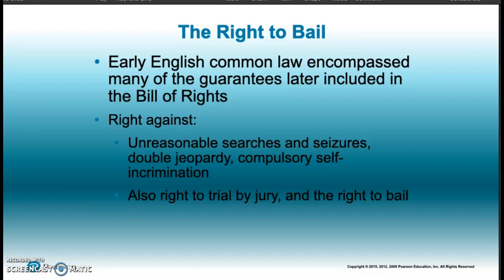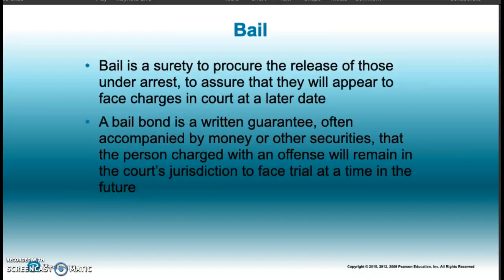Unreasonable searches and seizures, double jeopardy, or compulsory self-incrimination are all addressed in our Constitution, whether it be the Fourth Amendment, the Fifth Amendment, or the Sixth Amendment, and they have a right to trial by jury and a right to bail. Bail is basically a surety, making sure that you'll return if you're released. Now, you can be placed on what's called your own recognizance, which basically means that you are stating that you will return. And if you have no prior offenses, most likely if it's a misdemeanor of some kind, they'll let you out and you wouldn't need a bail.